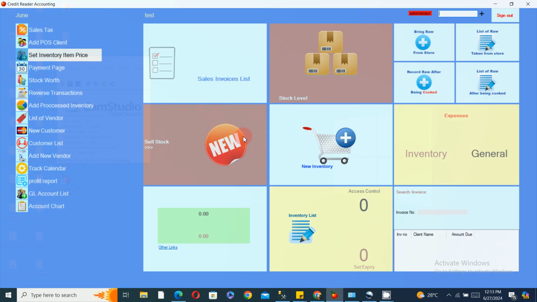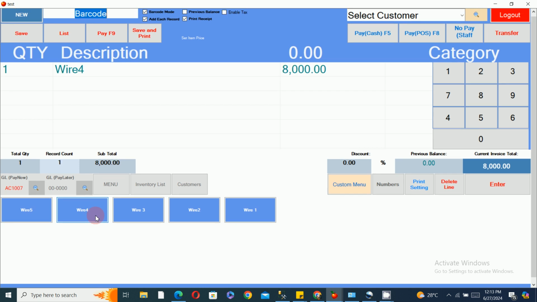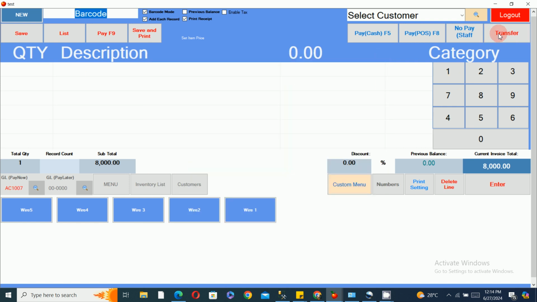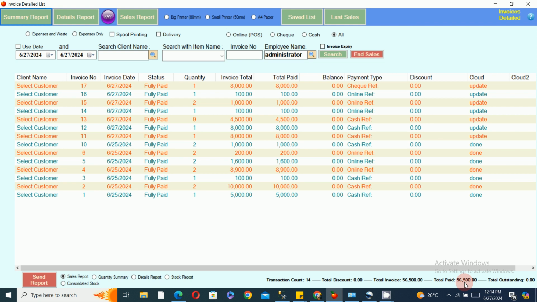If I do a transfer, maybe somebody came to buy copper wires, then wire 4, which is 8,000 naira, I post it under transfer because this person made a transfer to us, whichever bank you are using to receive your transfer. Once I click on transfer, automatically it prints my receipt. The sale has been made, and I can go to my sales and see that the total sales now is